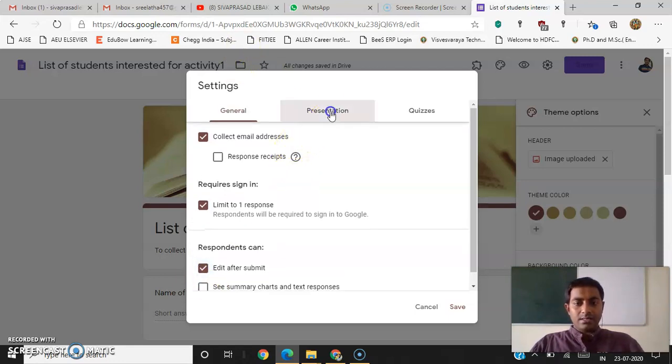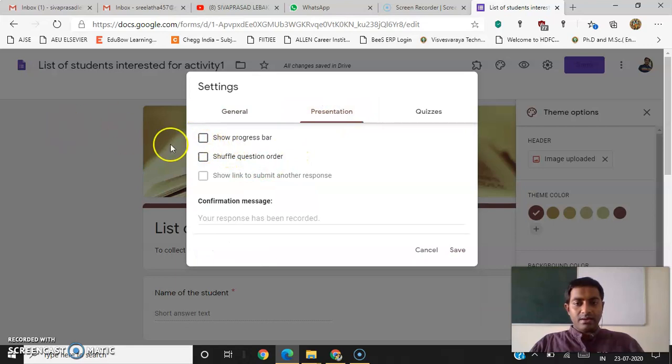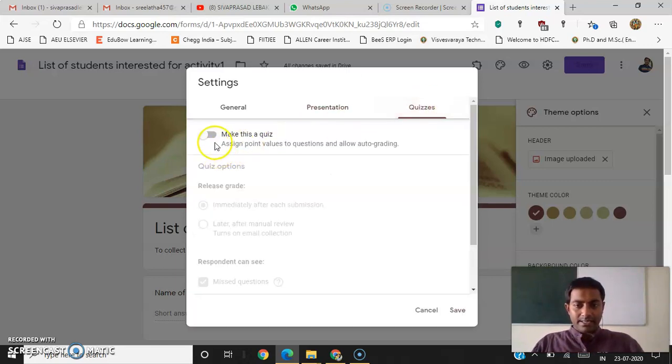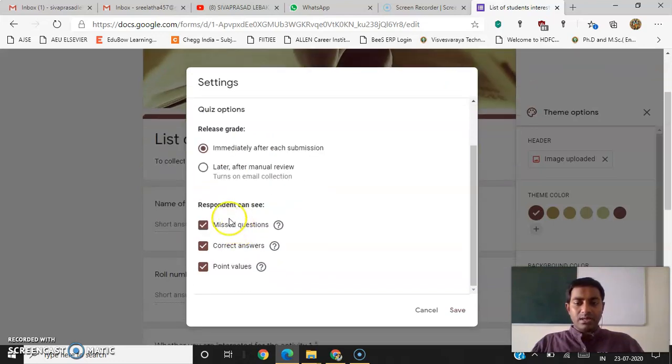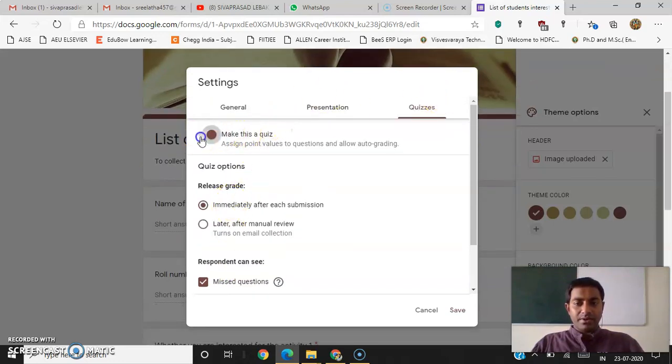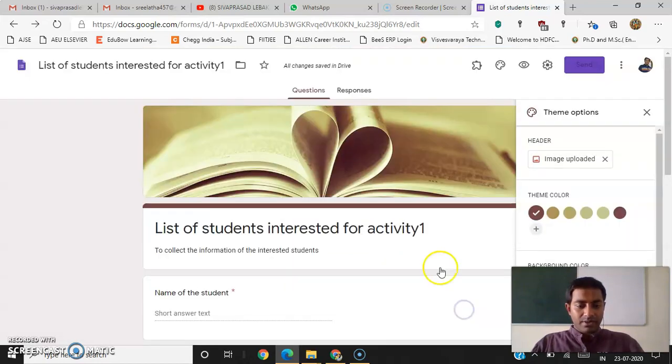And some more things, like when they are filling the form, if a status bar needs to be shown, like how much progress is completed, how many questions. And if the questions need to be shuffled from one participant to another, then you can click on these options. And if you want to conduct quizzes, then you have to use this option. If you turn on this quiz, then it is something like quiz questions. Okay, these are all the different options available, and after that you have to save this.